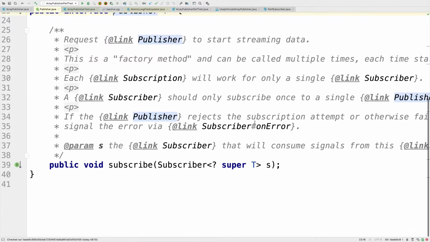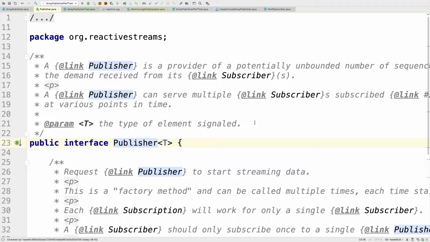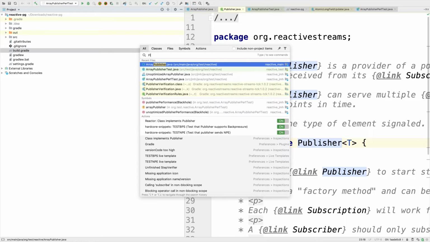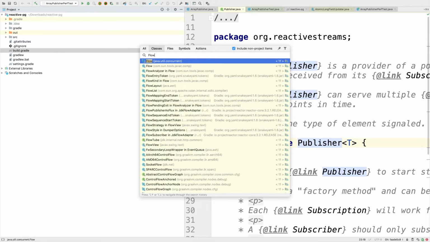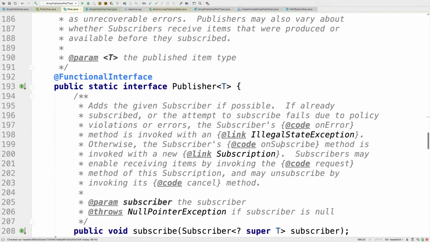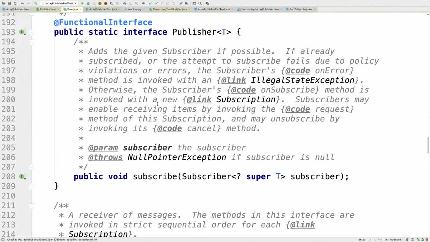Here we have this publisher interface. In case you are using Java 11, or at least Java higher than 9, you can access the same interfaces from the JDK itself. There is a Flow API, introduced in Java 9, which provides the same set of interfaces, simply copy-pasted into the JDK, which means that this specification and Reactive Streams